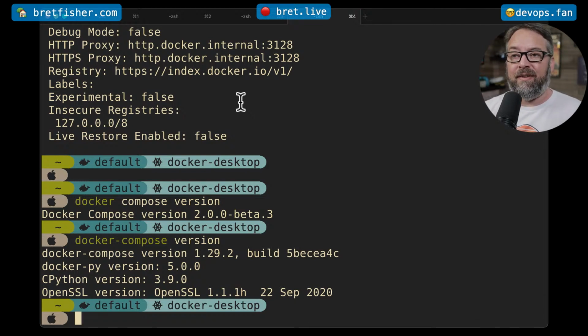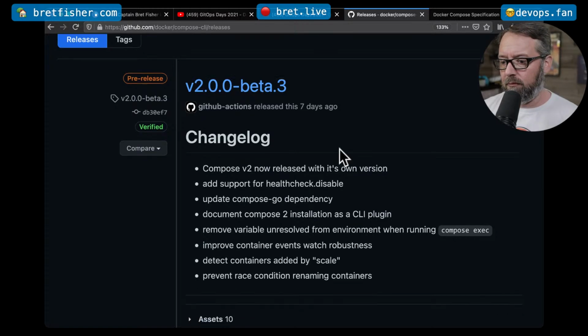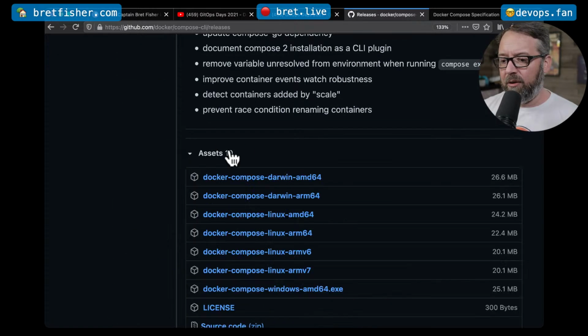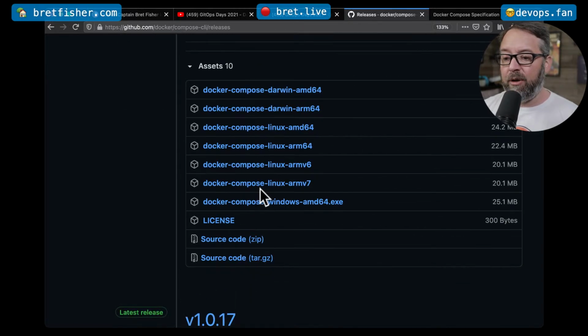So it gets its advantages from Docker, which is also written in Golang. So there's library sharing and stuff like that. There's a lot of advantages and reasons for them to do this and rewrite it from scratch. But over at the website, you can see that I can now download these new versions as a binary, and I would just move that and just call